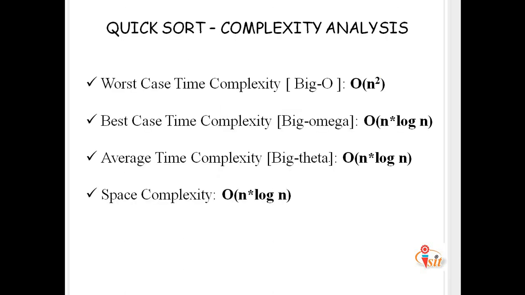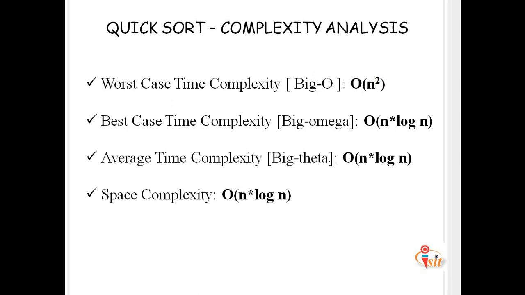Now the thing is the complexity of the quick sort algorithm. It is very important to do the analysis of any sorting algorithm, so here we are trying to analyze the complexity for quick sort. For an array in which partitioning leads to unbalanced subarrays, to an extent where on the left side there are no elements and all elements greater than the pivot are on the right side, the running time is the worst case, which is big O of n square. Whereas if partitioning leads to almost equal subarrays, the running time is the best, with time complexity big O of n log n.